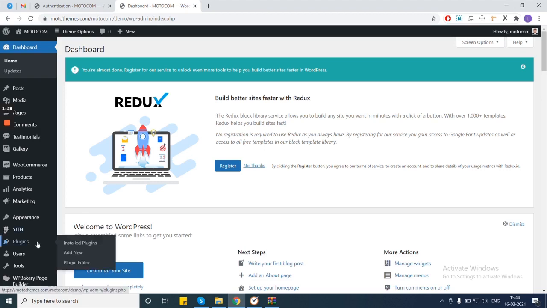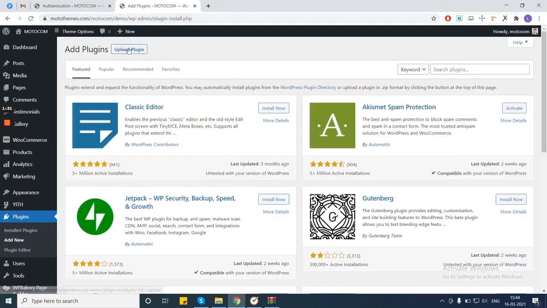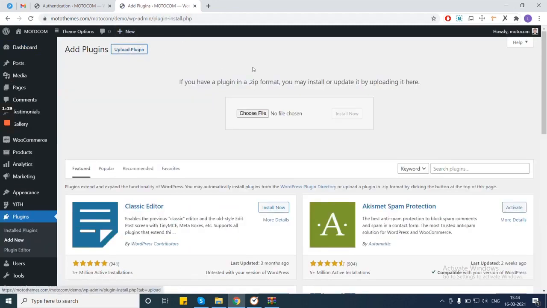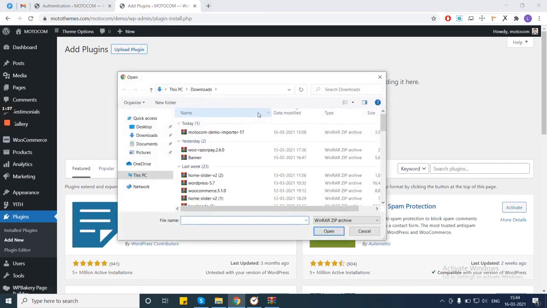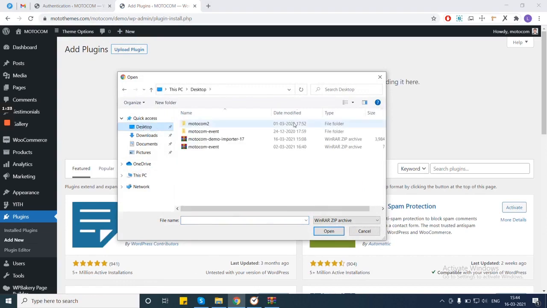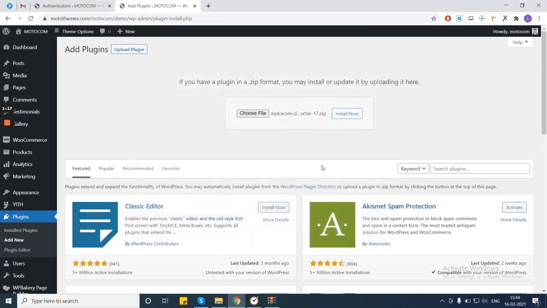For this, we will need to go to Plugins, Add New Plugin, go to the Upload Plugin option, choose the file where the Demo Installer plugin has been downloaded, and install it.